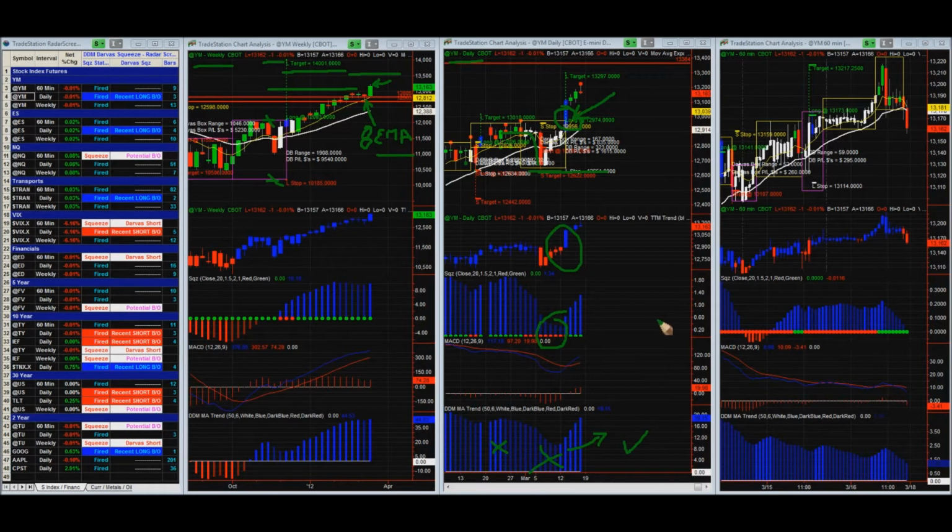So this is a signal you'd want to pay attention to, because the major trend is still long side, still buy side biased. From this perspective, you had a signal fire at 12,974 long. We just blew through it in this one big bar. And then you can see here it's printing a potential target based on this Darvas box, projecting it out